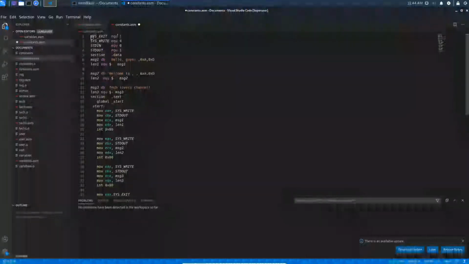Don't get confused about these instructions. Here we made sys_exit equal to number 1 and stdout equal to number 1. So here an ambiguity will be raised, but I will explain how the ambiguity gets solved in a later video.